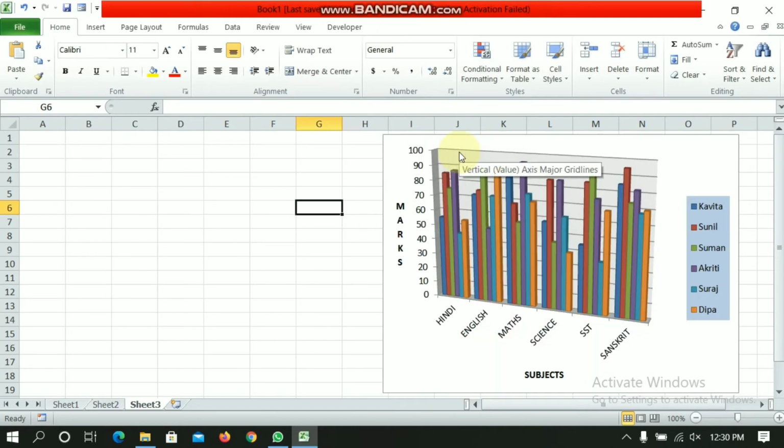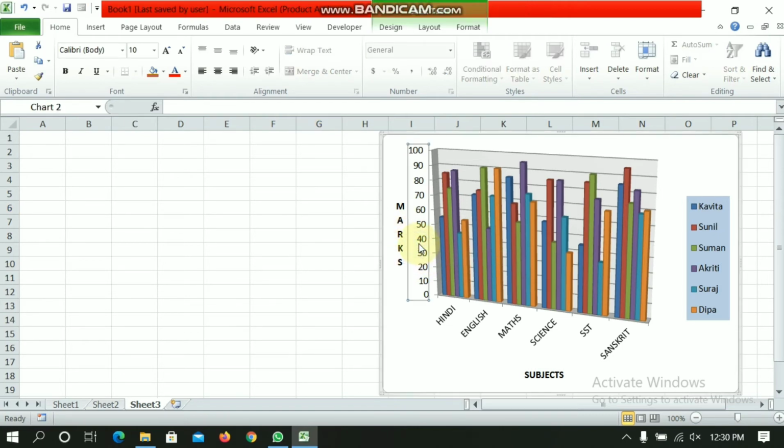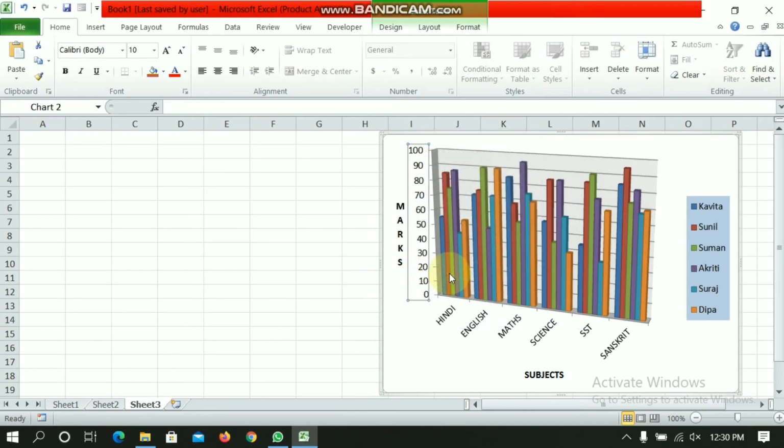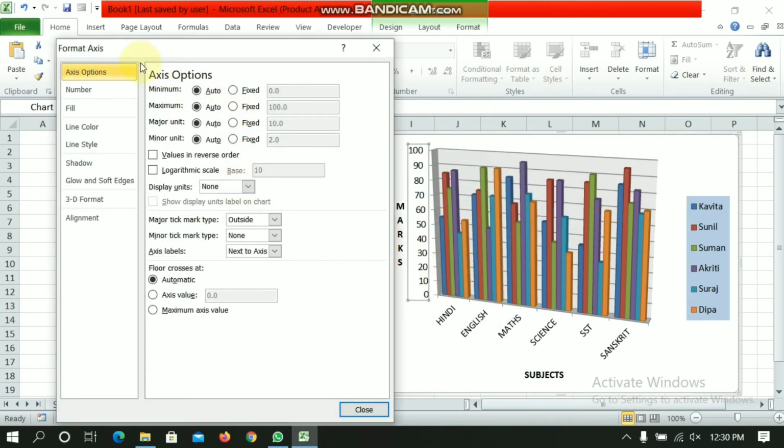Next is changing the scale of value axis. This is value axis and this one is value axis title. So we will click on that, and after that we will right click and choose format axis, and we will see the format axis dialog box.